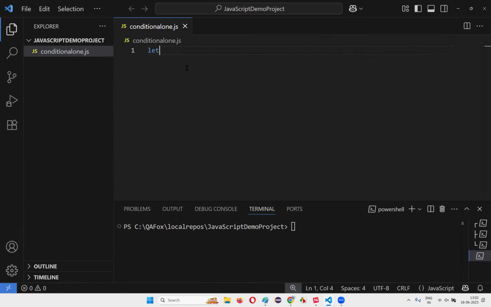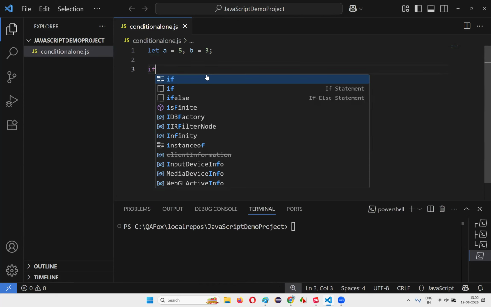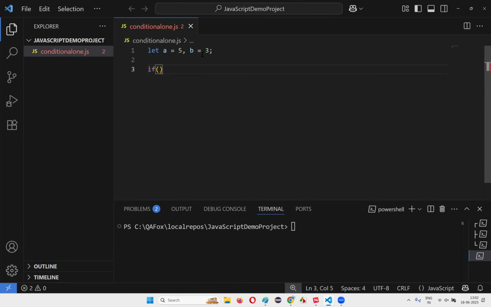I'll write some code here. Let a is equal to 5, comma b is equal to 3. Like this I'll create two variables, and initialize the first variable with 5, the second variable with 3. Now I'm going to write the code: if, circular bracket. if is a keyword, and